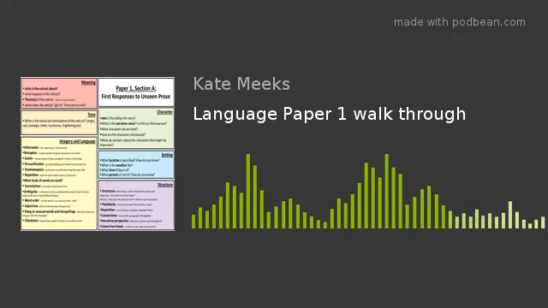This is in preparation for the AQA paper on Tuesday the 5th of June in the morning. So I'm going to walk you through the November 2017 exam, which uses the source Labyrinth by Kate Moss, written in 2005, and you can find this on the AQA website under English Language GCSE, then past papers and mark